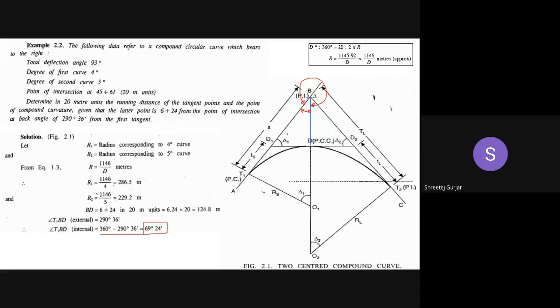Okay, I think it is time. Time for your class is over. So I hope you have understood today's session, wherein we have learnt the last case in your compound curve. In this last case, we have learnt how to set out a compound curve, right? Also, we have solved one numerical, right?